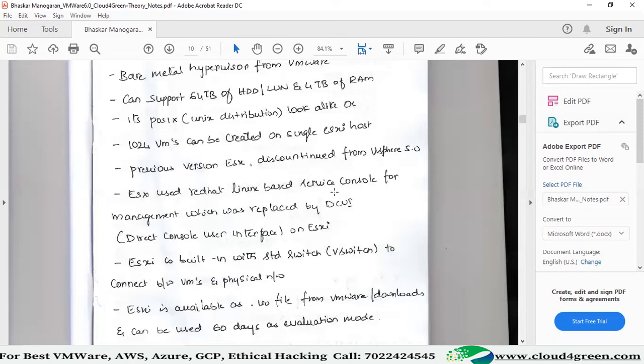This is the difference between ESX and ESXi. So if anyone asks what is the difference between ESX and ESXi, the answer is the service console. Earlier we used a Red Hat Linux based service console. Now we are not using a Red Hat Linux based service console.